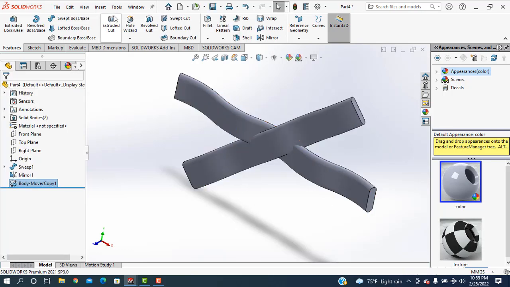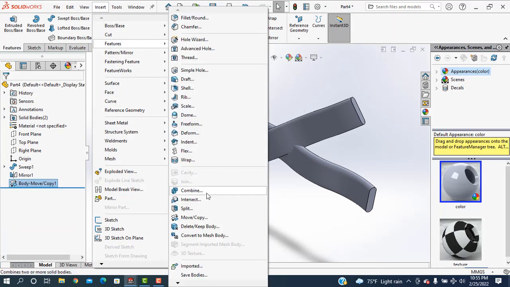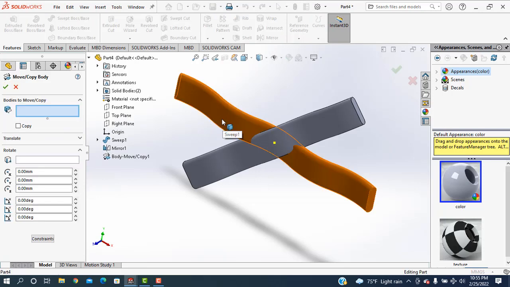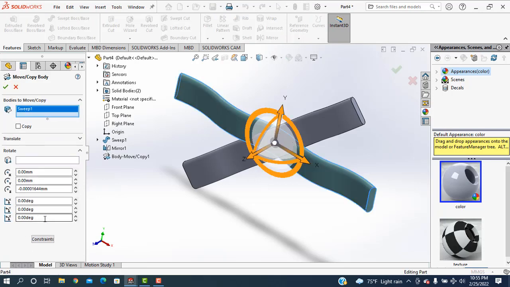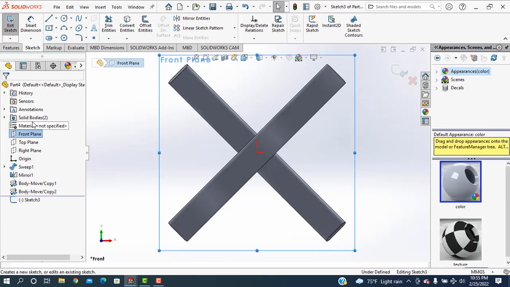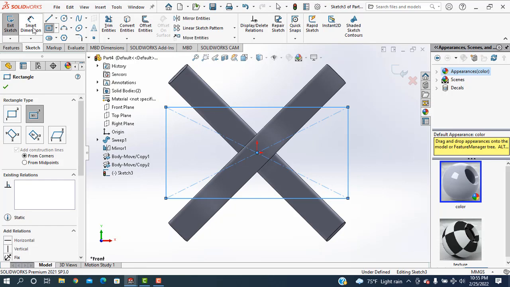and again I'm selecting another part, so I'm going to the features and move and copy is selected, and selecting this portion now, and this one I make it minus 45. Okay, next condition here. Now front plane is taken, sketch, and taking a center rectangle, sketch here, go to the